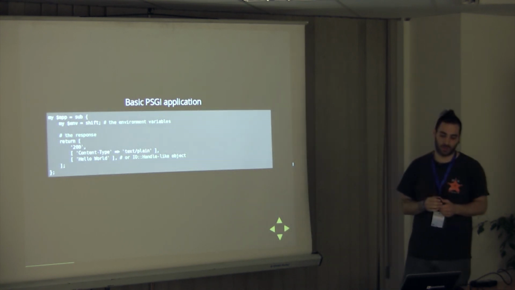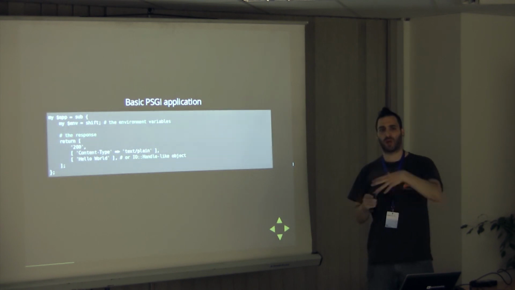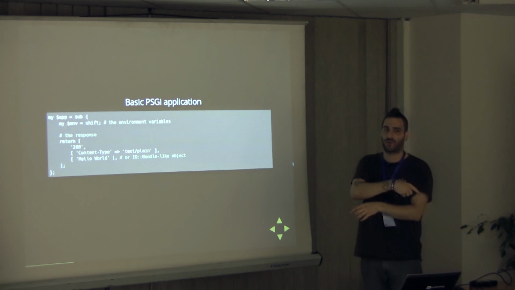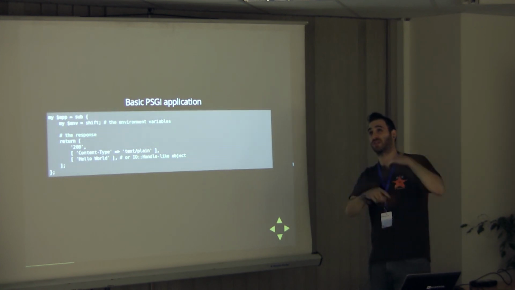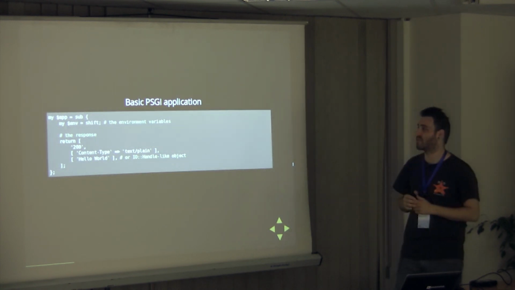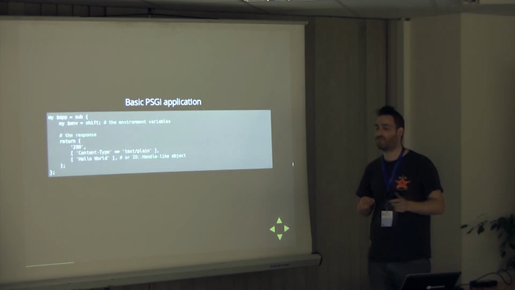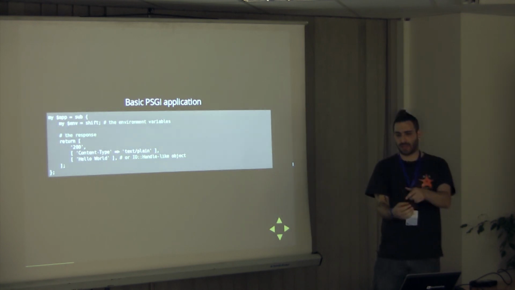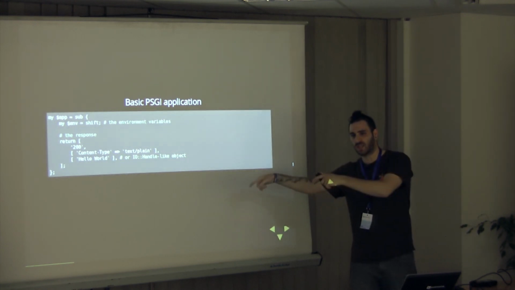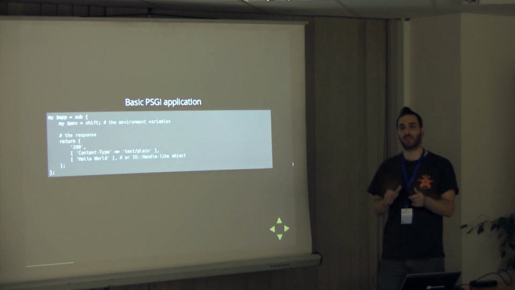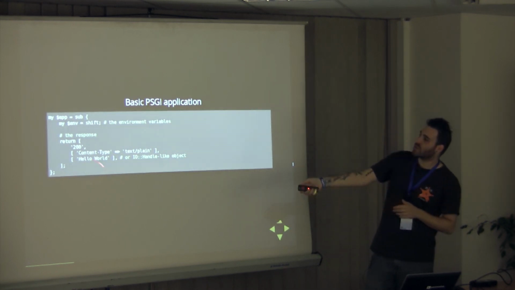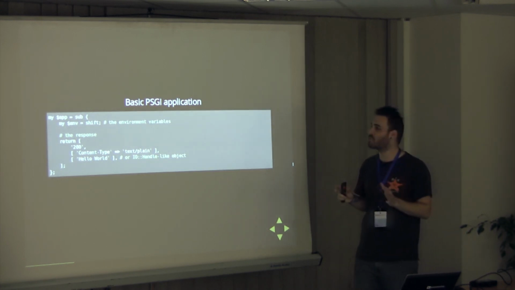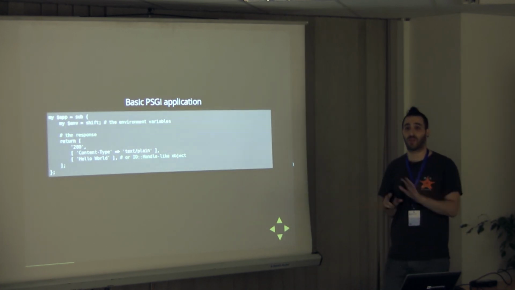So if, for example, you're running on CGI, and it's supposed to output it all to standard output, and you should not write to standard error, because that goes to the error log, and you're not supposed to exit with anything other than 0. It's kind of crazy stuff. You don't have to worry about that. If you're using mod Perl and you have to use the mod Perl Apache handler request responses thing, you don't care about that anymore. The handler will translate this little thing that you return to what it should be according to the server. So from this point on, you don't actually care about the server at all.